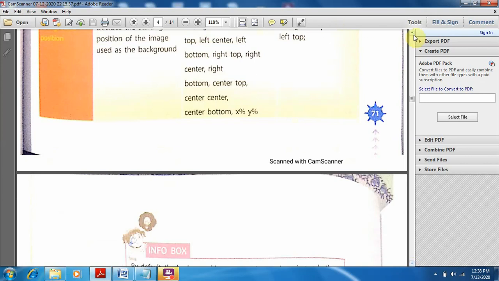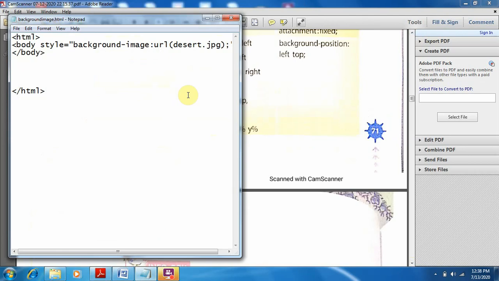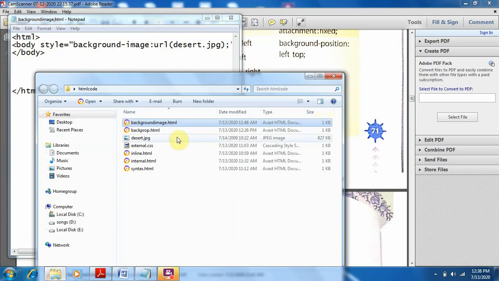Now let's perform this with the help of a practical. For example, I am making one practical for you. I am writing the HTML tag, then under body I am giving the style tag, and using the property background-image, then colon, and for inserting the image we write url. I am taking one image, desert.jpg, in my files, because I want to insert this image into this file.